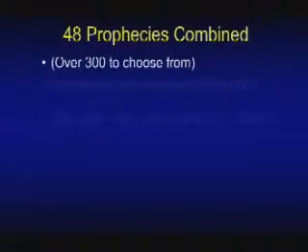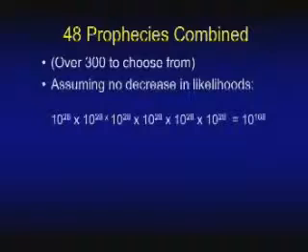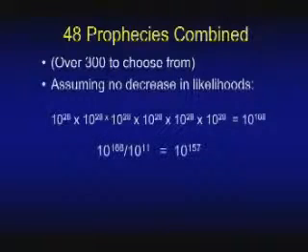Let's do this one more time. This time I won't double, I'll triple it. I'll go from 16 to 48. And again, I have 300 to choose from. And assuming no decrease in likelihoods, I now have 10 to the 28th six times. That's 10 to the 168th. I've got to divide that by 10 to the 11th again, so now I have 10 to the 157th to